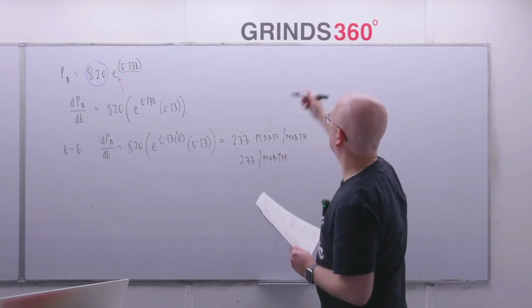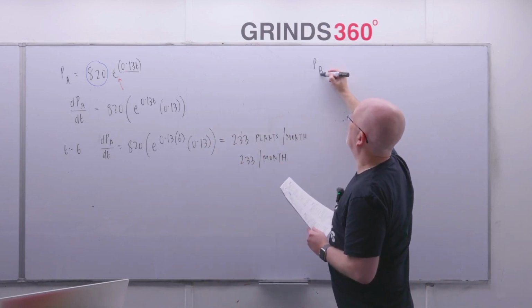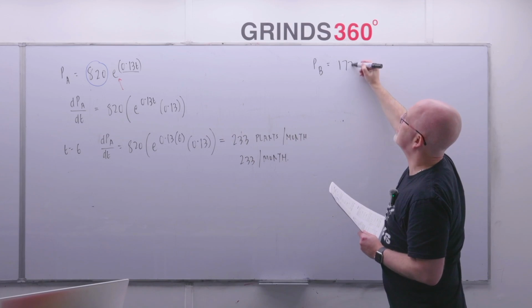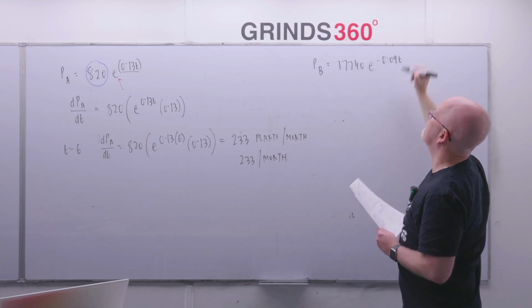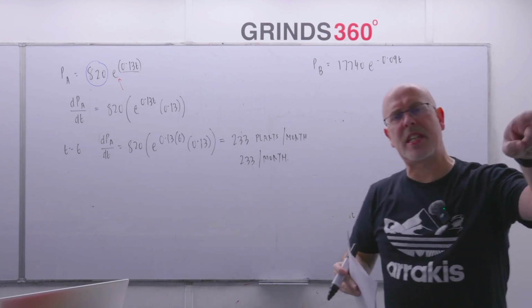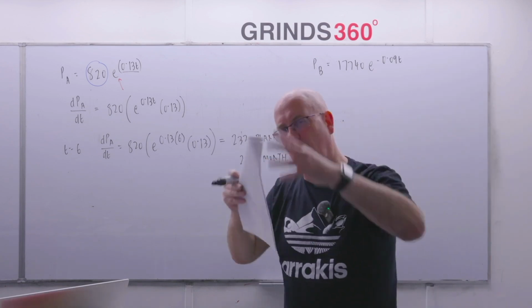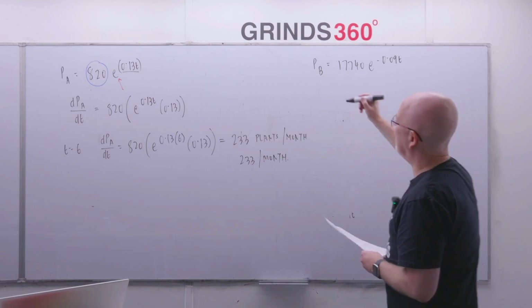So, for plant B, again, I'll multiply the two numbers together, so I get 17,740 times e to the power of minus 0.09t. So I just multiply the 17.74 by the 10 to the power of 3, just keep my whole number together like that. So again, to find the derivative there,